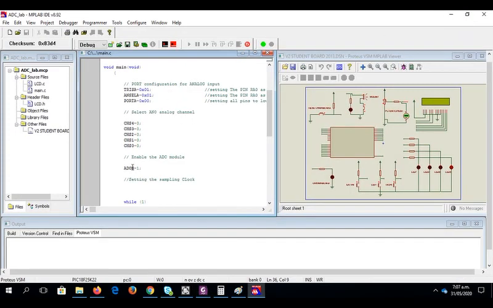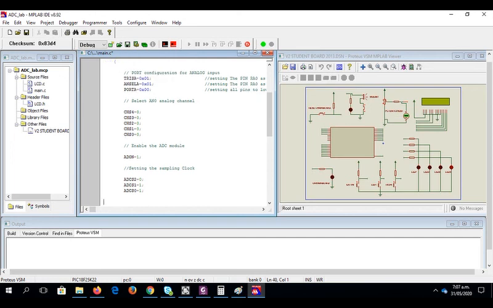So I will just write down here ADCS2 would be equal to 0, then ADCS1 would be equal to 1, and the last one, ADCS0, should be equal to 1. So I have done the selection of my clock. The next thing I need to do is the